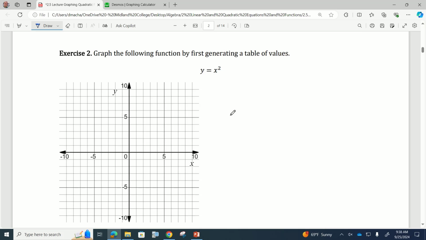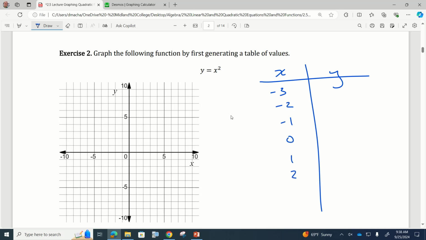So now let's graph this function by generating a table of values. Table of values means x, y. We'll pick some numbers. And then to get the corresponding y values, I'm going to use the function y equals x squared. And so my y values are going to be 9, 4, 1, 0, 1, 4, 9. This gives me a list of 7 points that I can put down on my graph using the x coordinate and y coordinate. And then we're just going to connect these dots